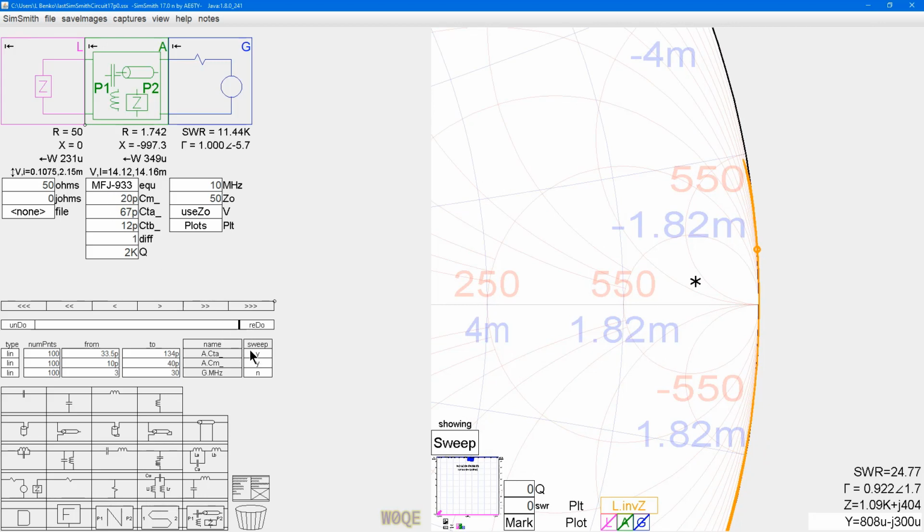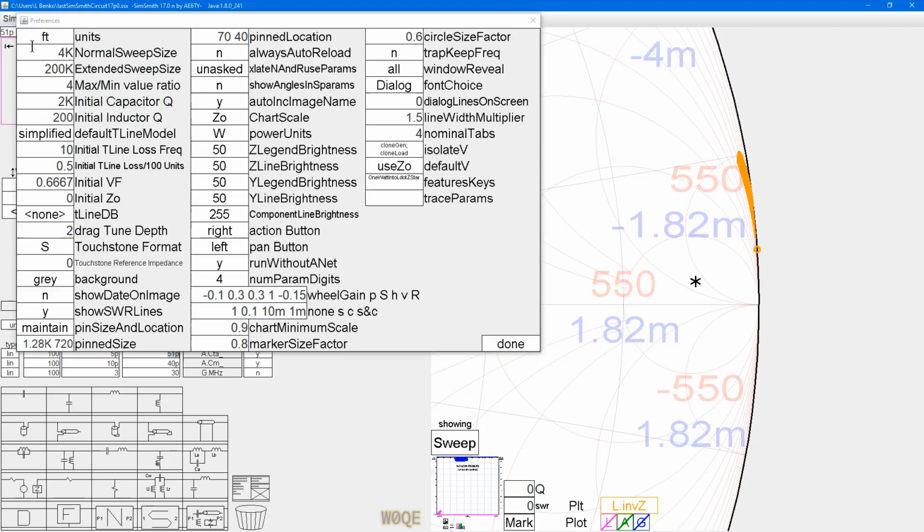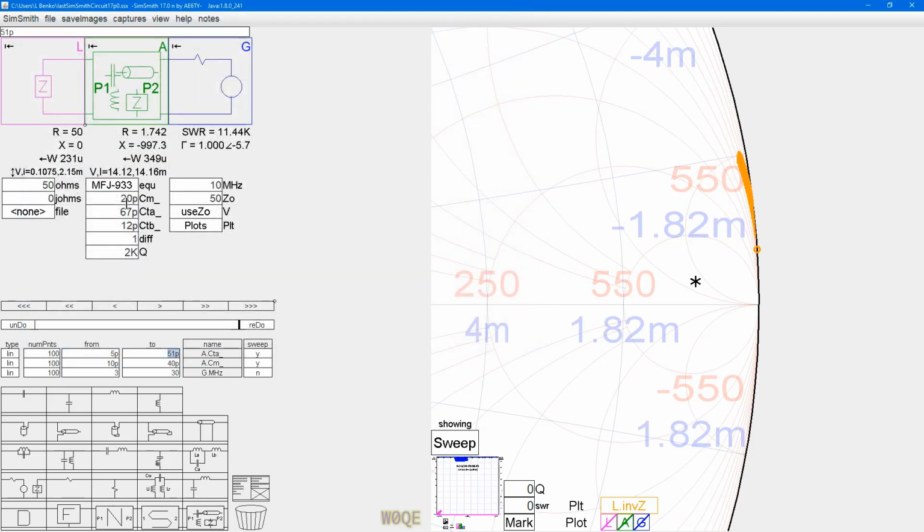Let me make sure I have everything correct. And the range we're sweeping is not correct. CTA was given as 5 to 51 picofarads. What SimSmith did was take the value that I had here and it went into my preferences, which are set to a minimum to maximum ratio of 4:1. It took my capacitor and did twice this value to half that value. So half this value is 10, and the other one,